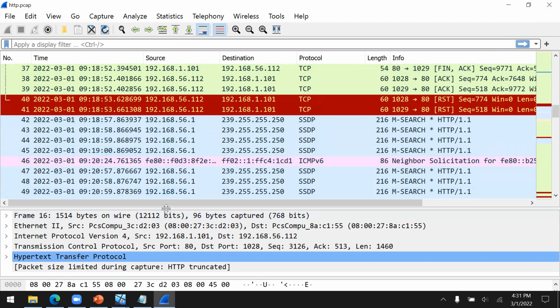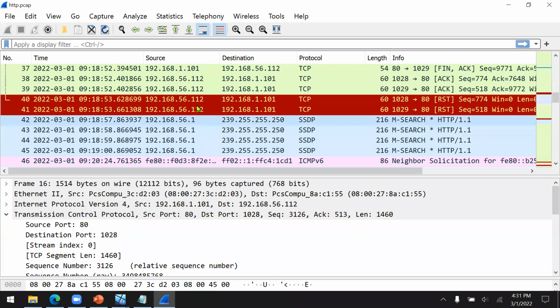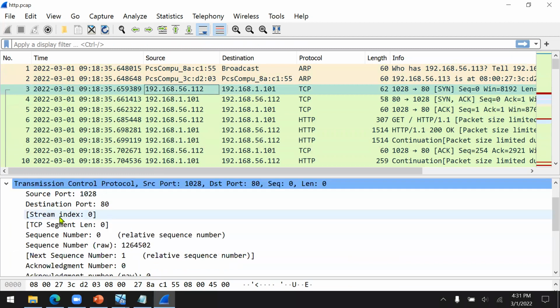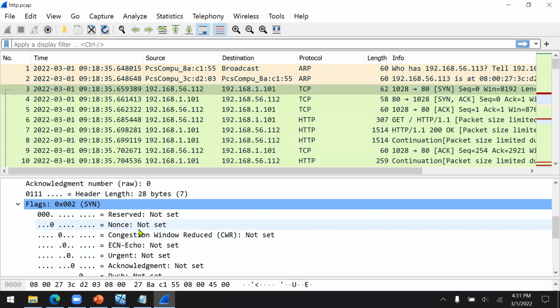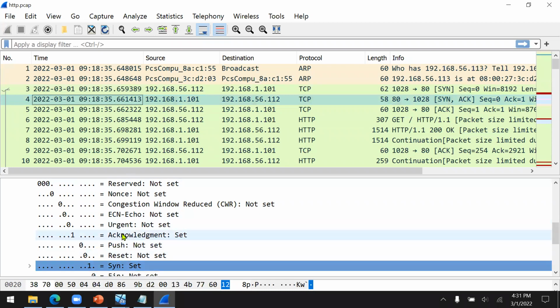Okay, if you can see in here, then you can just use something like this. This is for the TCP. Okay, let's try it out. This is the TCP, and this is the SYN flag. Here is the SYN flag, and this is the SYN acknowledge flag.